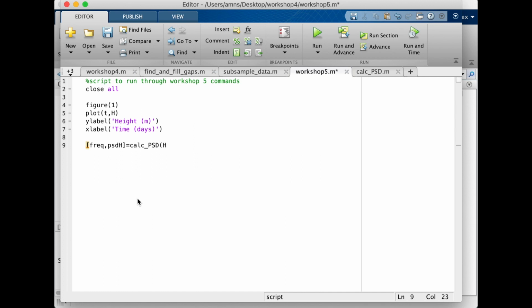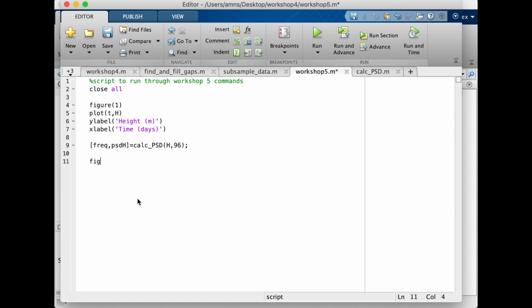We're going to feed the heights in, and then our sampling rate is the number of samples per day, which is 96, which is 4 samples per hour times 24 hours. So that we're going to run our function,